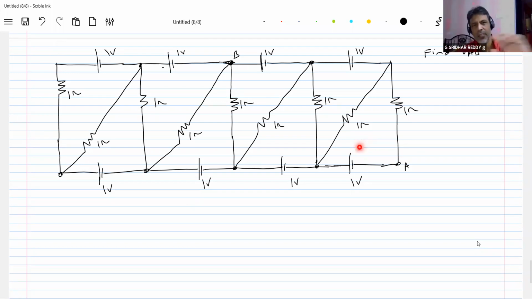So you have to search first, analyze with all the possible alternatives. Grouping of cells, can we do? Yes, but to some extent only, this part of the circuit is what you can replace by grouping of cells. Fine. After that again you have to come to nodal analysis or mesh analysis or branch current method, or in the beginning only you can start with nodal analysis, or in the beginning only mesh analysis or branch current method.